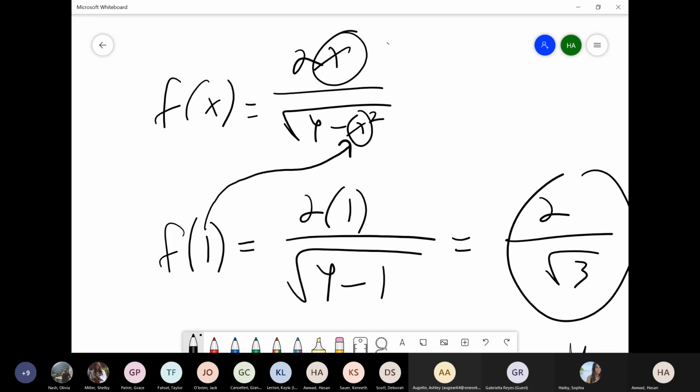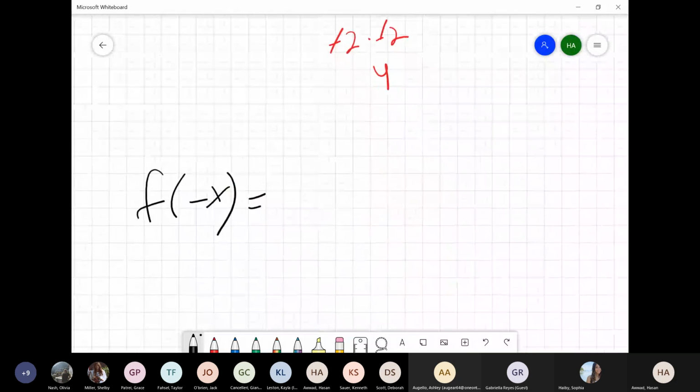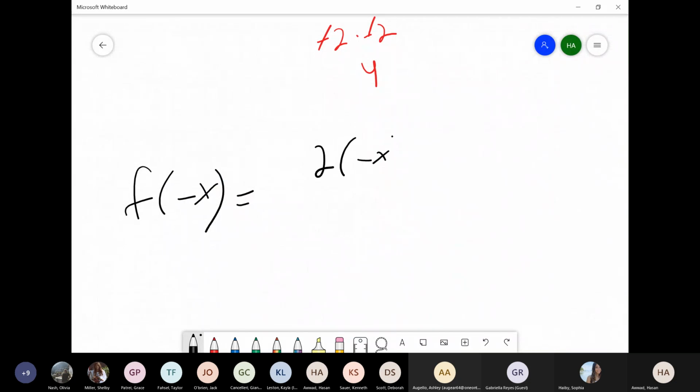That's been the entire game plan for the first 4 that we did. So if our input is negative x, that's not going to change our process at all. We're plugging in a negative x wherever there's an x. So essentially, wherever there's an x, we're just flipping the sign of it and seeing what happens. Okay? So f of negative x, well, that means we're going to have a 2 times negative x